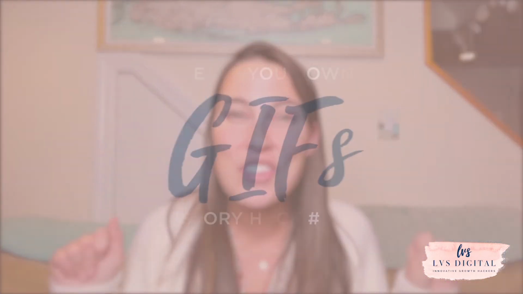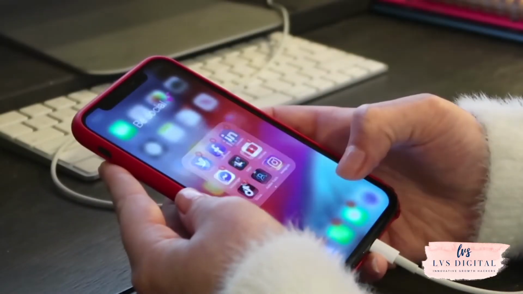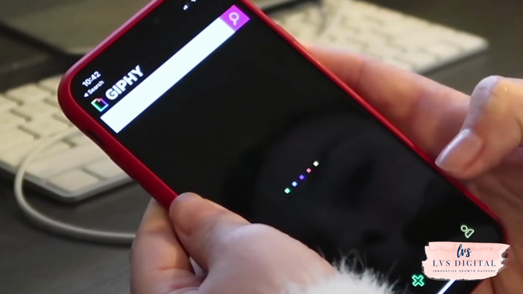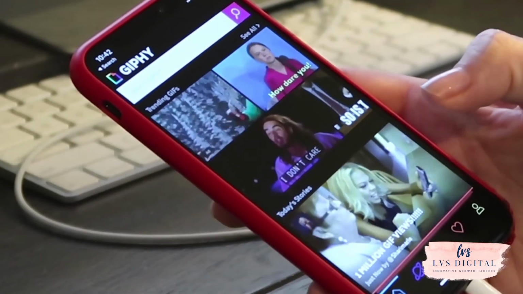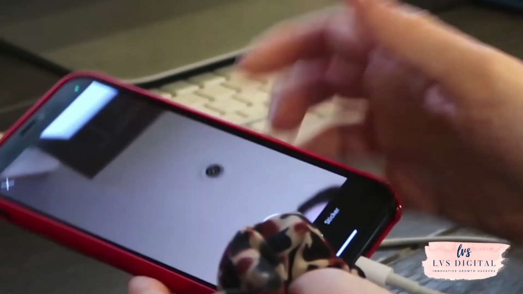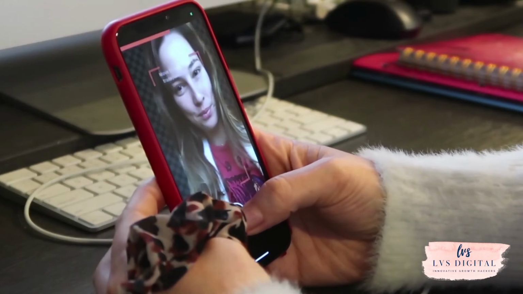Finally, you can create your own GIFs on Instagram. How freaking cool is that? You can create your own stickers and you can use them. You can do it for brands, you can do it for yourself. Super fun, really easy. In 30 seconds, we'll be done with this. So check it out. We're going to go to something called Giphy. If you don't have this app, you should definitely download it. You can either use your own photos that you have in here, but I want to make a sticker, so